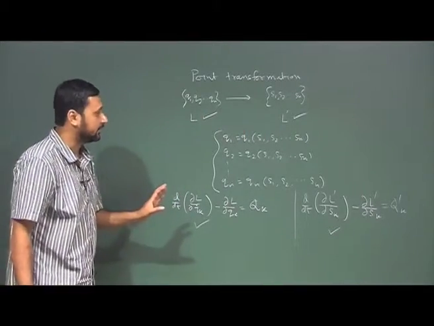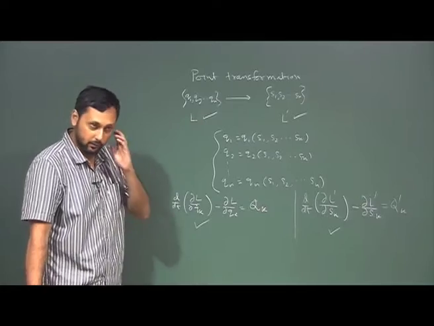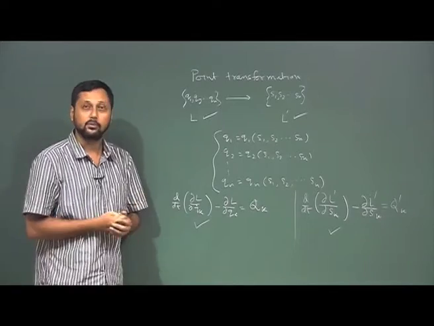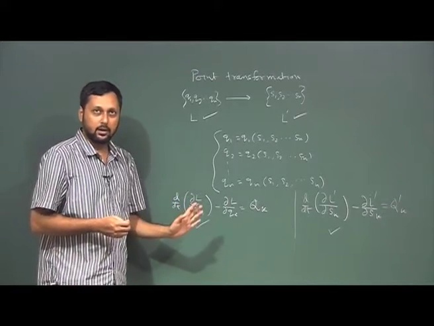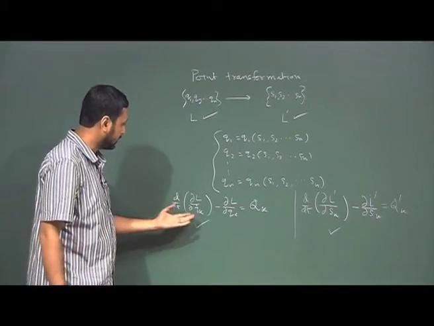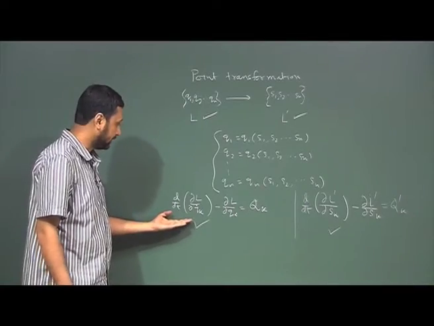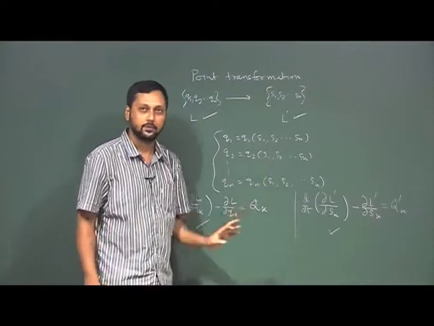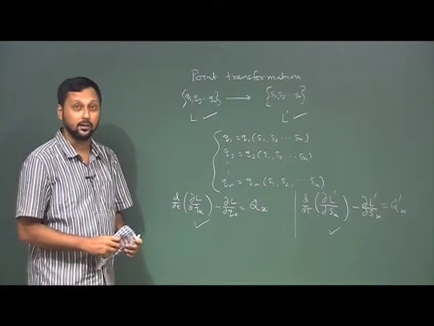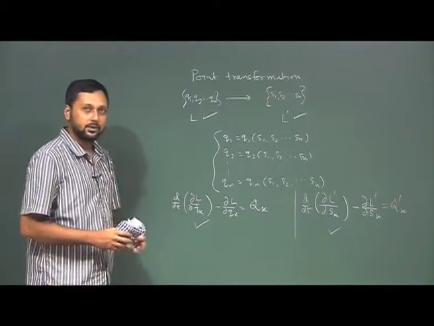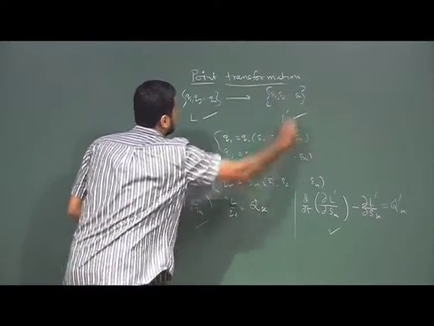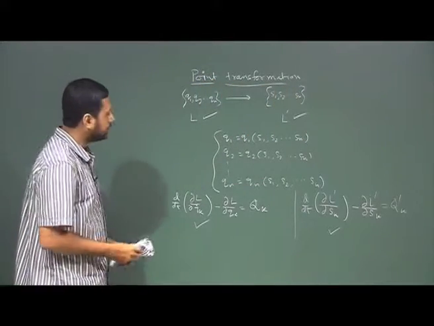This is precisely the concept of point transformation, nothing new in it. We already know that there cannot be a unique set of coordinates for a particular problem. So, this is just formal notation, and actually it can be proved formally. We can start from this set of equations and show that if these equations are valid, then we also come to the other equations. But this formal proof is more mathematical and conceptually it does not offer anything new, so we are just skipping it. Keep this point transformation in mind. We will maybe solve a small problem on this.